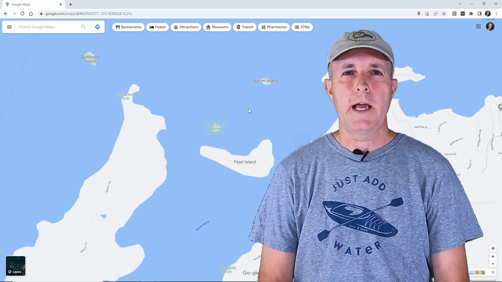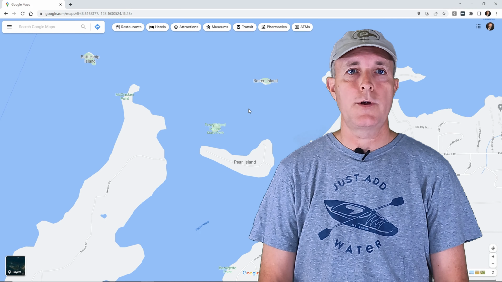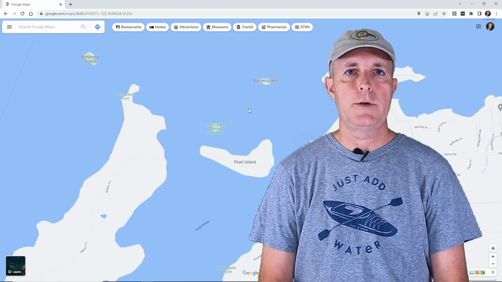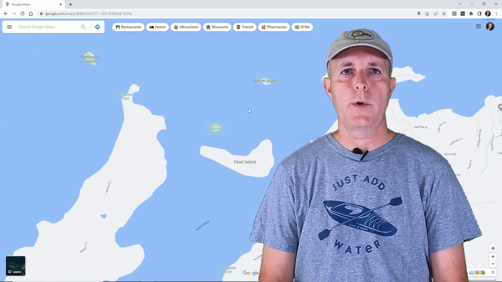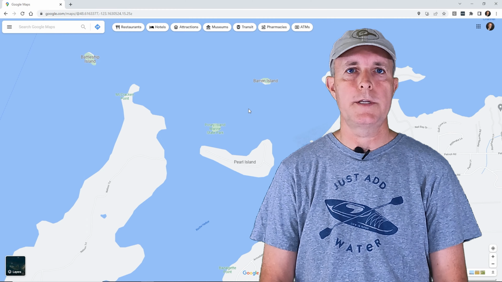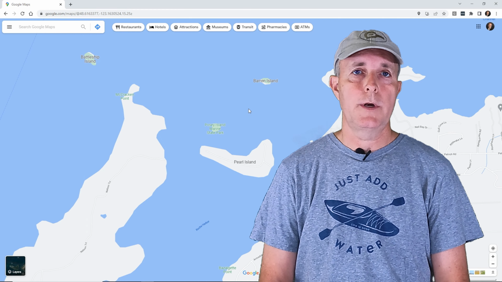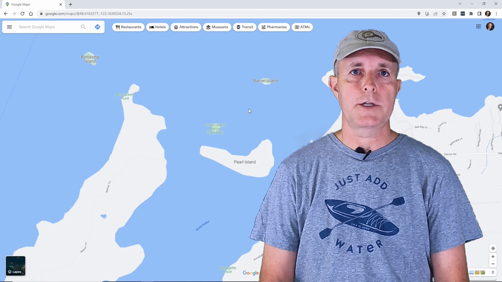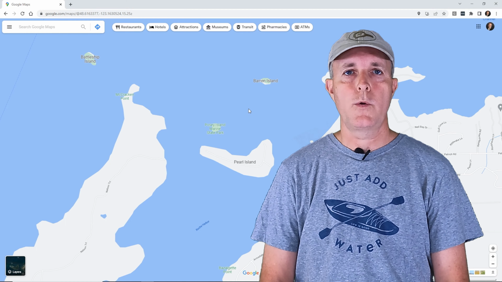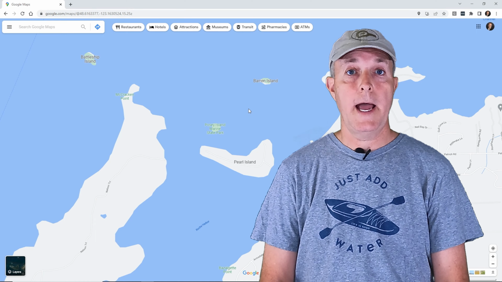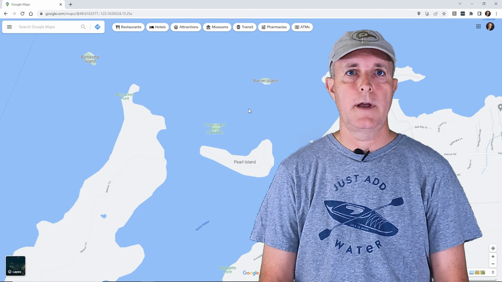One of the questions I get asked quite a lot is how we measure our distance when we're kayaking, because we do a lot of kayaking trips. Whether you're planning your kayaking trip and you want to see how far it's going to be, or whether you've been on a kayak trip and you want to check distances of the actual route paddled, I'm going to show you a quick, easy, and accurate way to measure distance for your